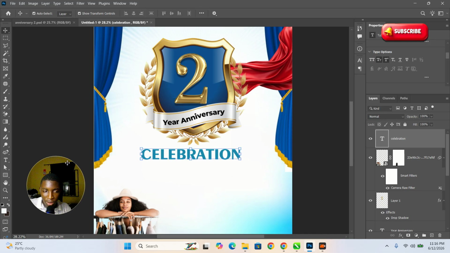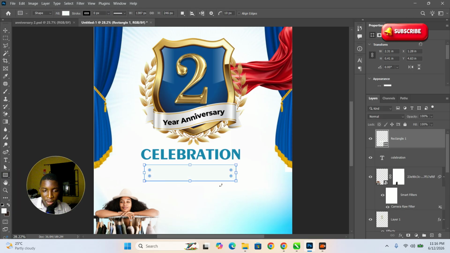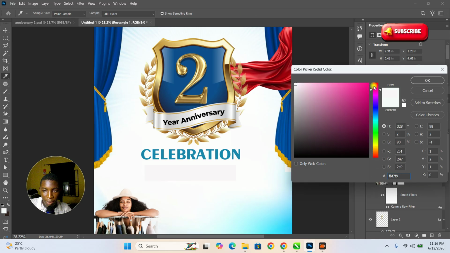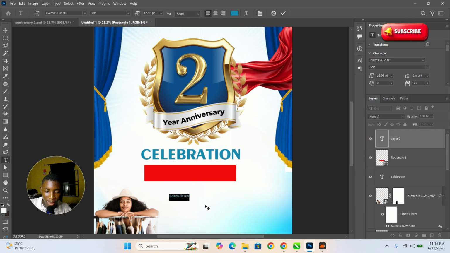Can now drag. So the 10% discount, you can select your rectangle from here and then now draw it. So under this, which you are seeing, double click here, then tap. That's red. Click OK. Select text and then you can write 10%